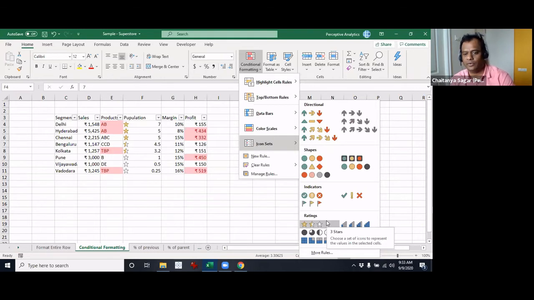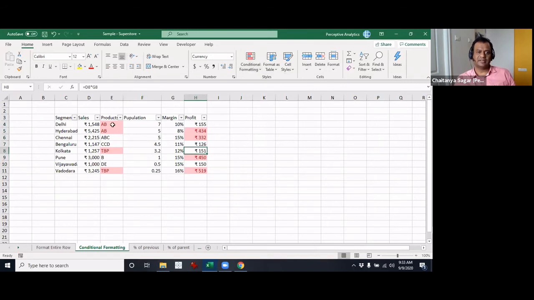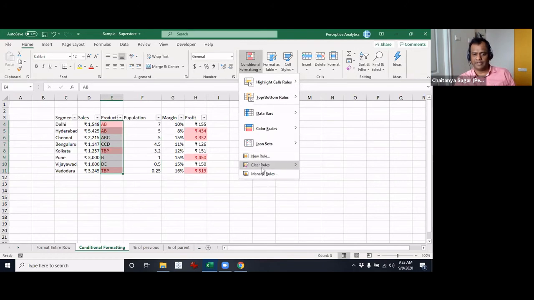Okay, so this is so far as all the various options are concerned. So far as various conditional formatting, let's look at some other interesting stuff here. This will give us a little bit of an insight in terms of how things work.